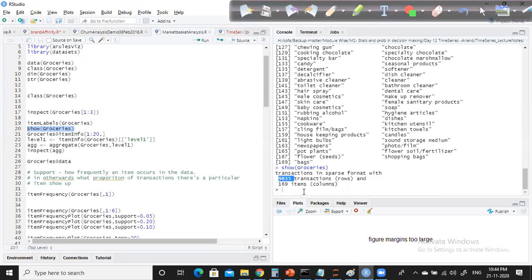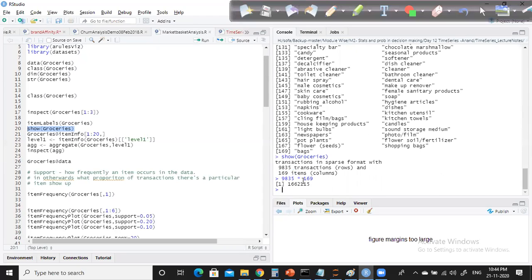If I multiply these two, 9835 into 169, how many records are there? About 1.6 million. So 1.6 million cells are there. If I look at this here,